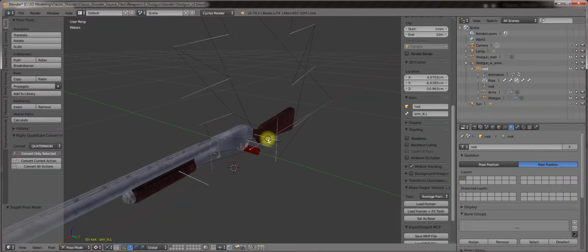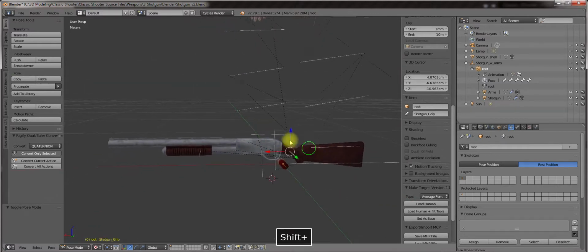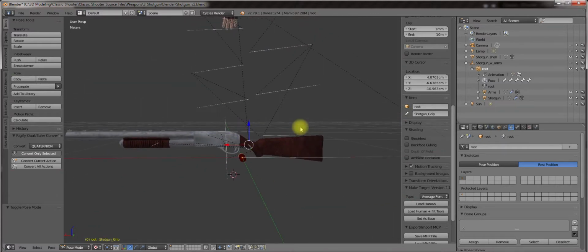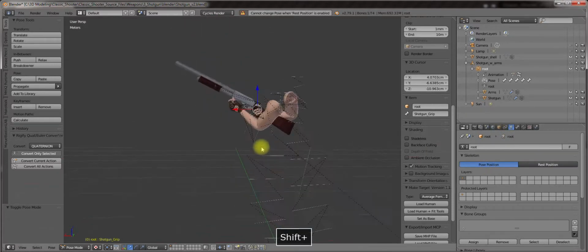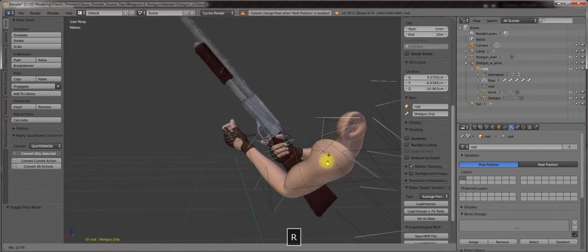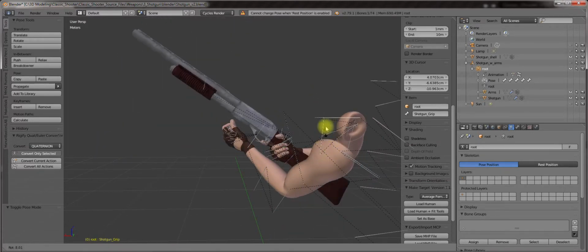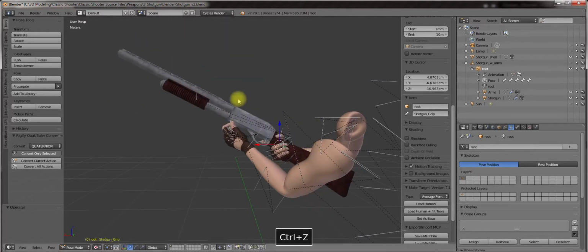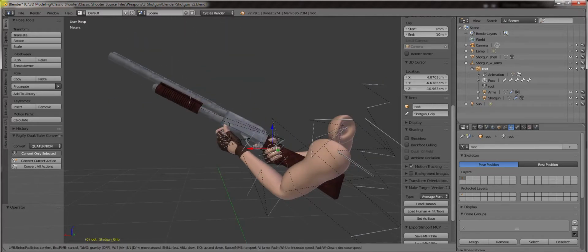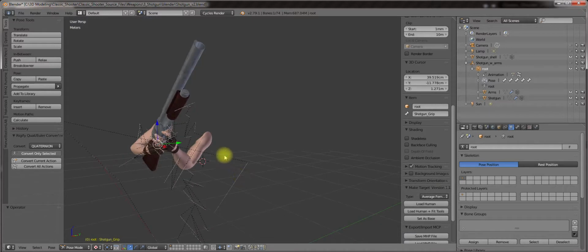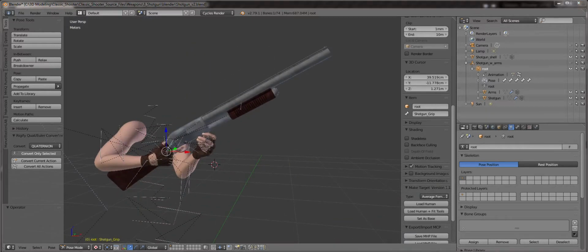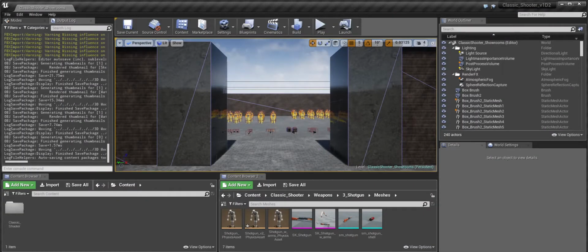Pose mode. So we're in the pose mode right now. So when I rotate, yes, it's in rest position. Back to pose position. So when I rotate this bone, we are rotating the entire weapon. We will take a look at adjusting animations in the next video. So let's get back to the engine